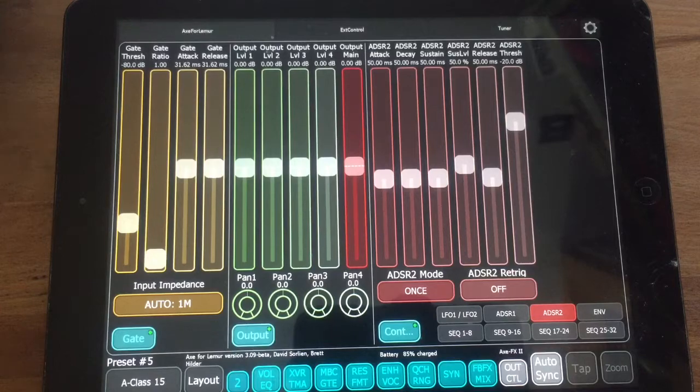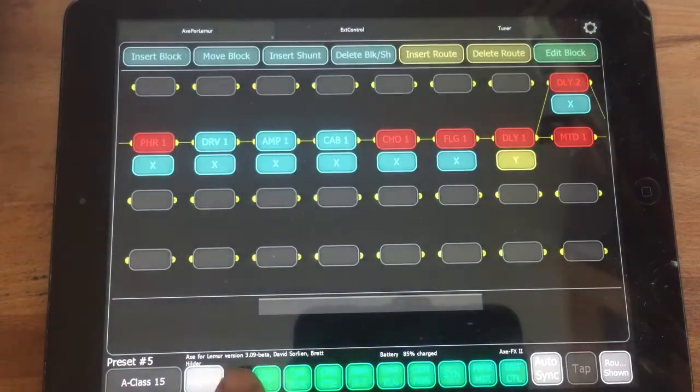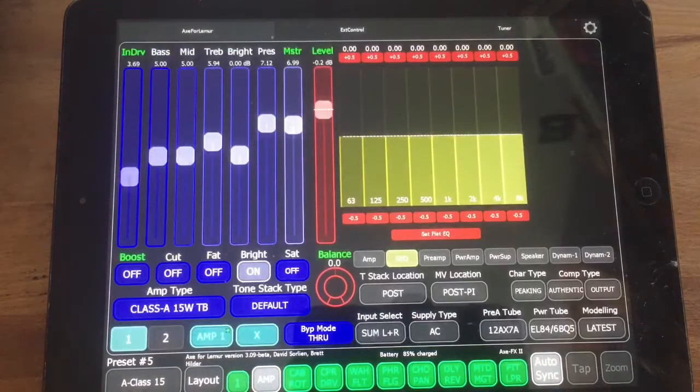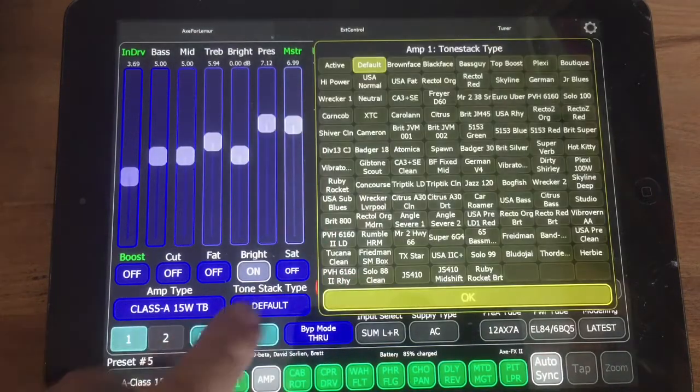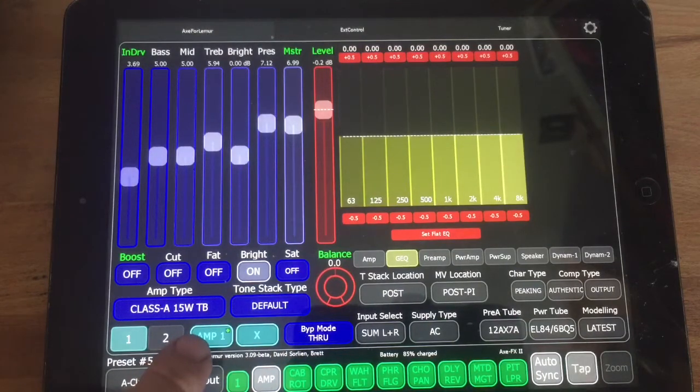Now I did have one of the modifiers set up for something, and I forget exactly what. There was something inside the amp model, I forget, but that'll be for a different time. Maybe it was bypassing through. I had more or less set it up just as a static test, but there's a modifier page here that allows you to more or less do the same thing as the Axe Edit. Anyways, that's just a quick overview of